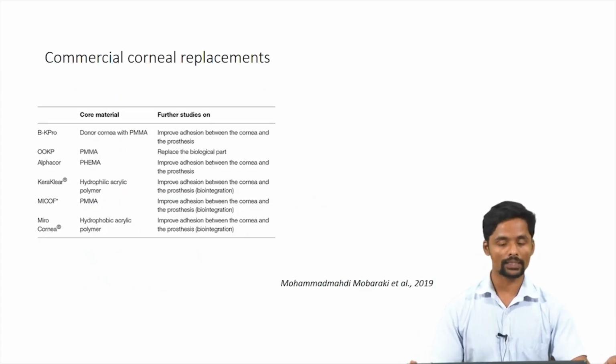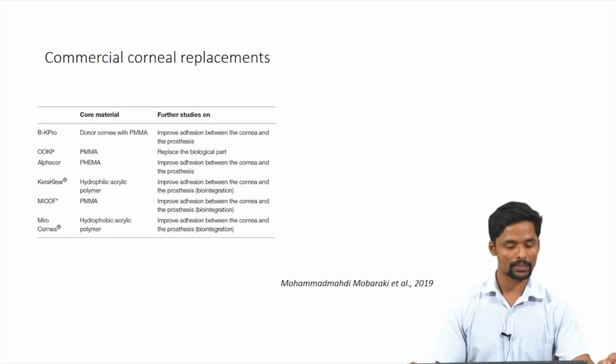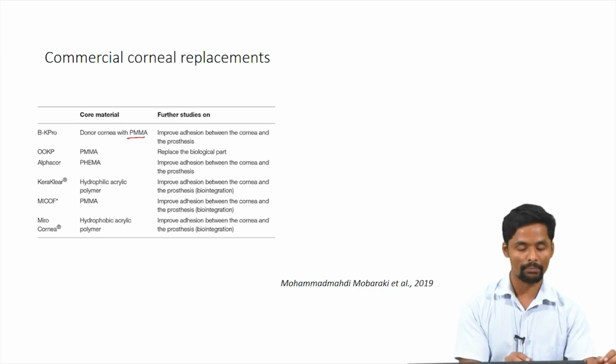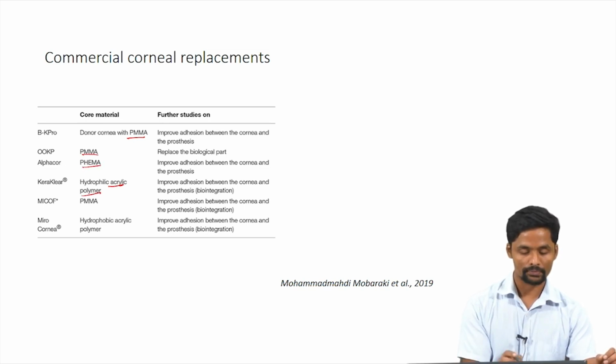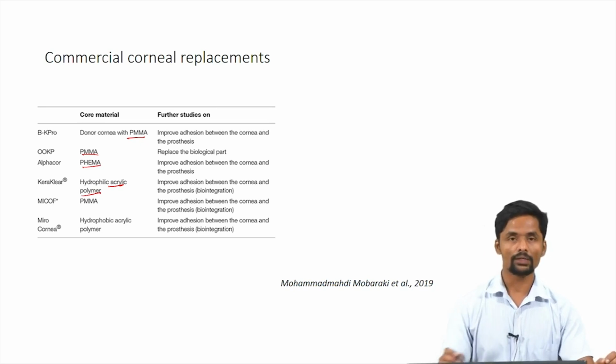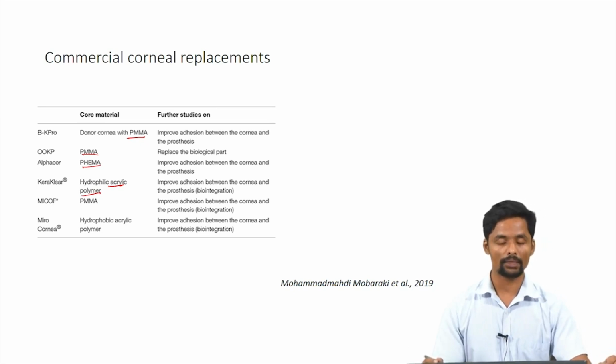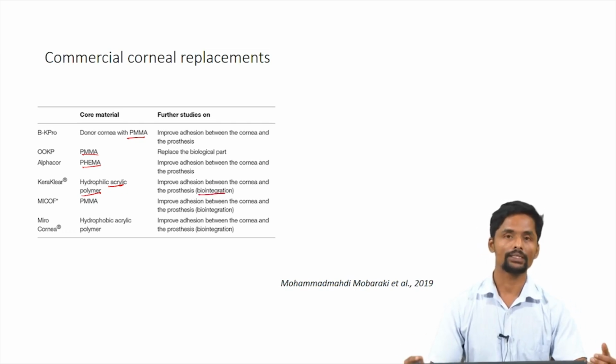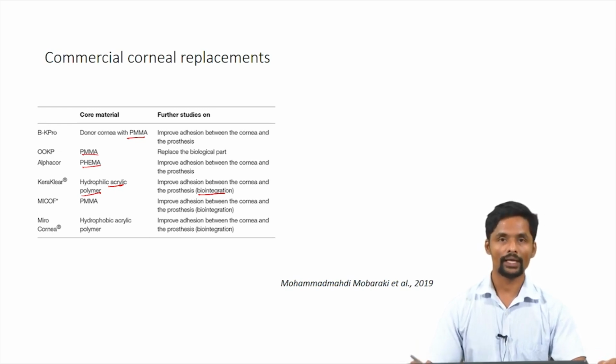And these are a few commercially available corneal replacements, and as you see here, most of the core materials used for these corneal replacements are synthetic in nature: PMMA, polyHEMA, acrylic polymer. And as you see, the major drawback of these commercially available corneal replacements is integration, the poor adhesion between the cornea and the tissue engineering construct. Hence, future studies should be focused on improving the integration of these tissue engineering constructs with the host